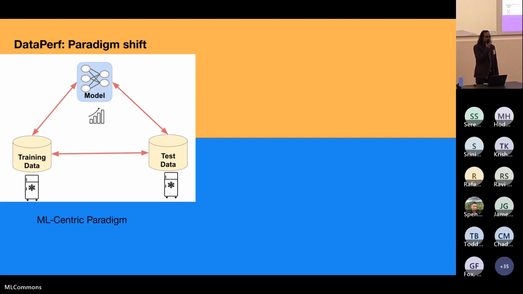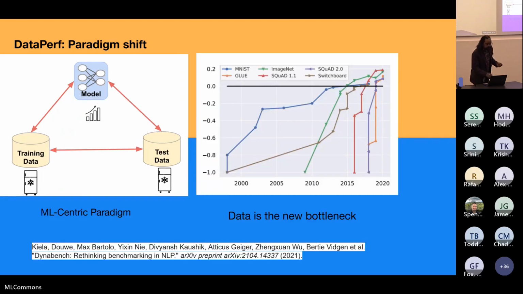It might sound trivial, but this is actually flipping the standard model of evaluation on its head. In the standard model of evaluation, those freezers are where the training and test data sit. So they're frozen, and you improve the model. That is what happens in a typical machine learning leaderboard. That's what happens in Kaggle. And this results in saturation of benchmarks.